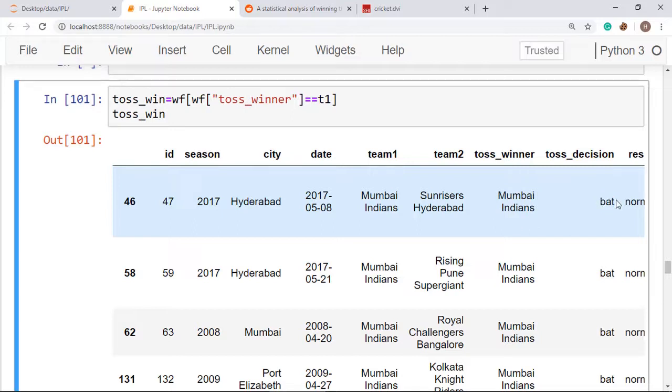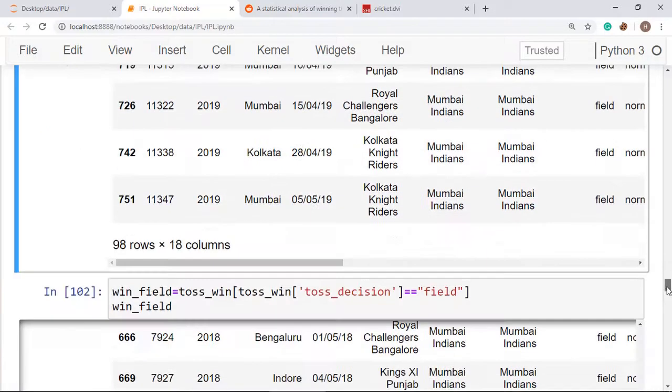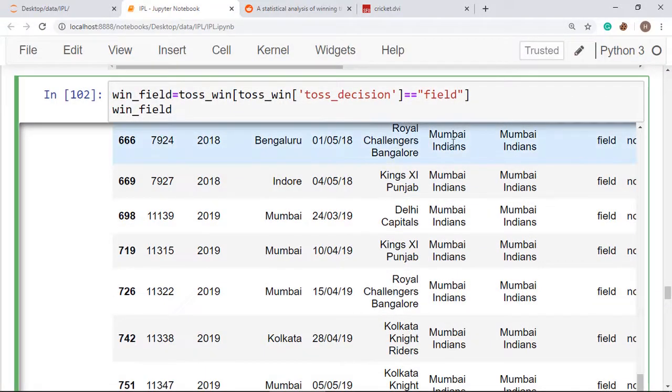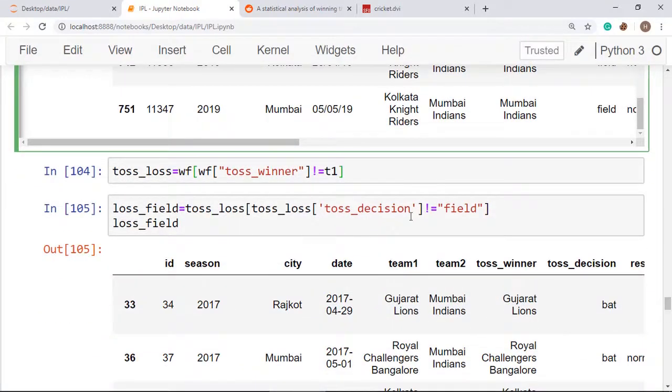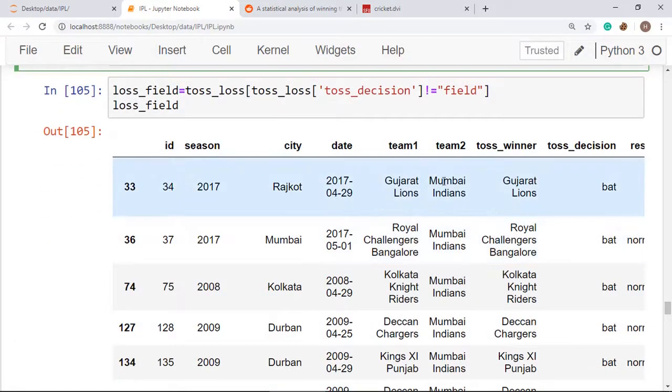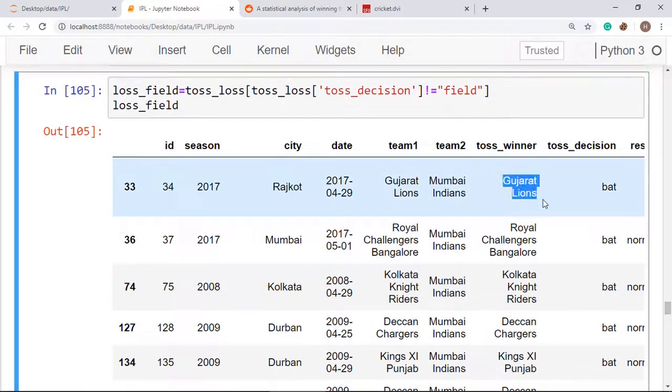So here are all those rows where Mumbai Indians has won the toss. Okay, and here we have got where Mumbai Indians has won the toss as well as selected field, and here we are getting the data where Mumbai Indians has not won the toss and batted in the second inning.